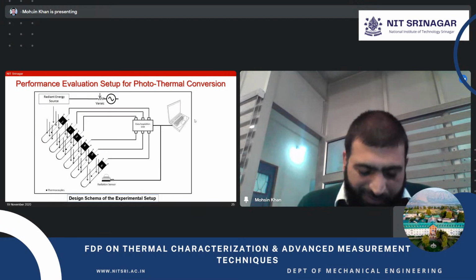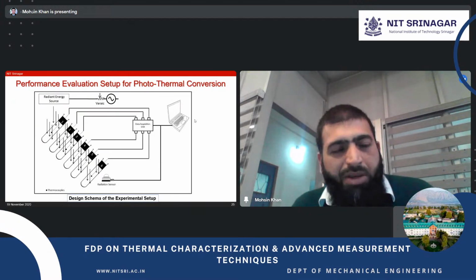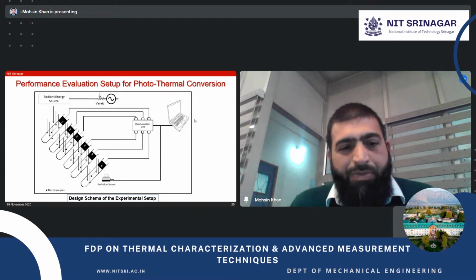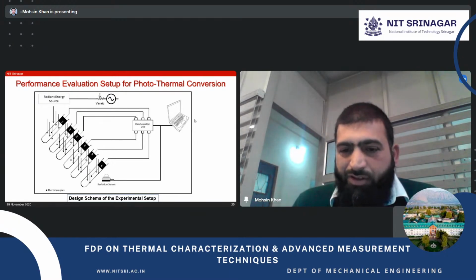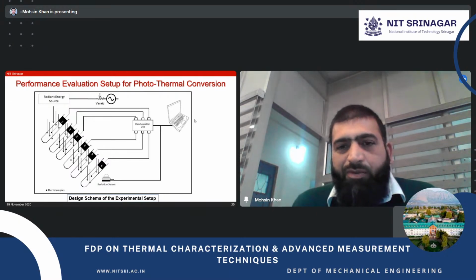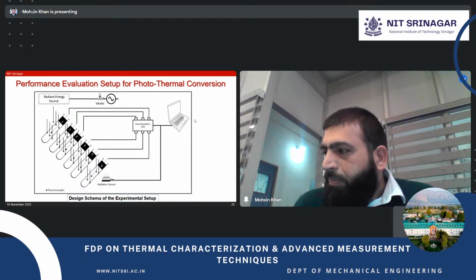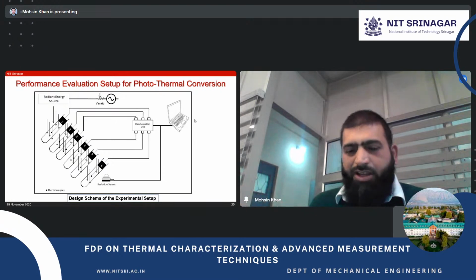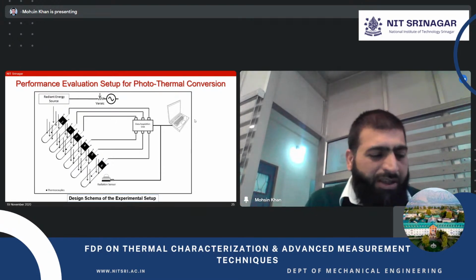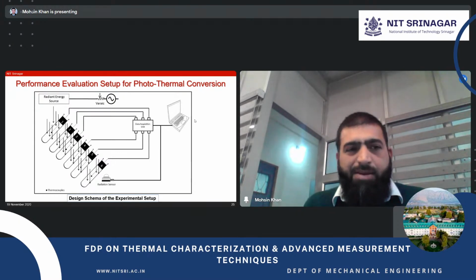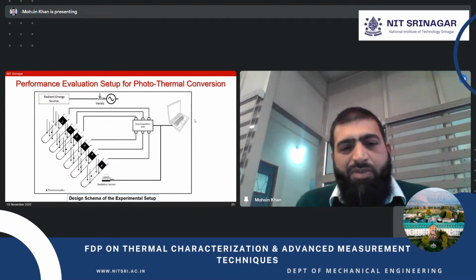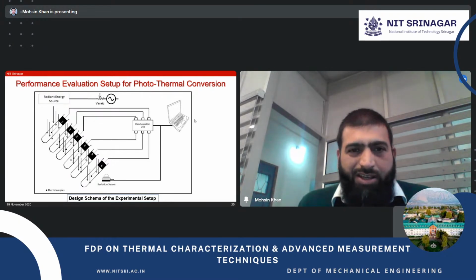This is one of the basic criteria wherein we have to measure the performance evaluation. Performance evaluation is very important and it varies from application to application. We did a performance evaluation in our research. We were in the process of developing nanofluids for thermal applications, for solar applications. They were supposed to be used in the solar connectors. We evaluated physical properties and did the characterization techniques, but our ultimate aim was to see how it's going to behave in an actual, real-time system. So we developed an in-house system wherein we evaluated the performance of the